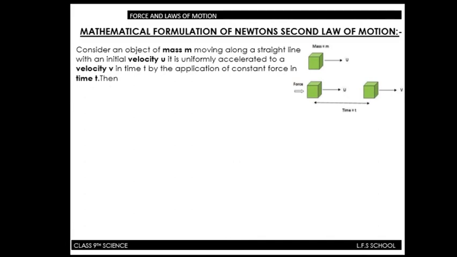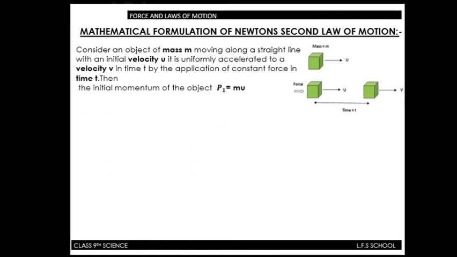Clear? Now here is the mathematical formulation of Newton's second law of motion, where we will be deriving an equation, that is F equals m into a, that is force equals mass into acceleration. You see here, one body is there having mass m, moving in a straight line with an initial velocity u. It is uniformly accelerated to a velocity v in time t by the application of constant force. Then